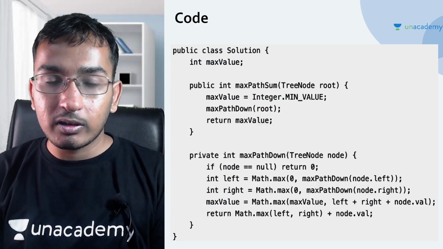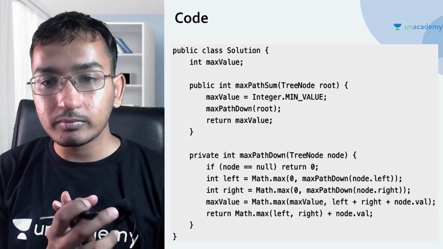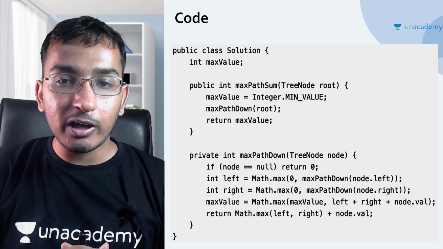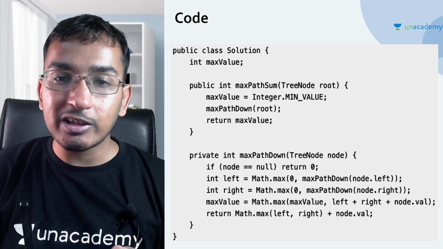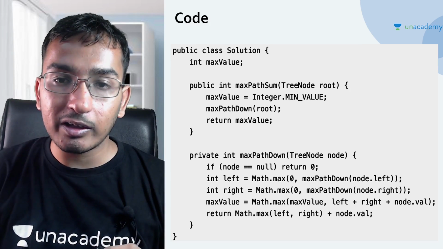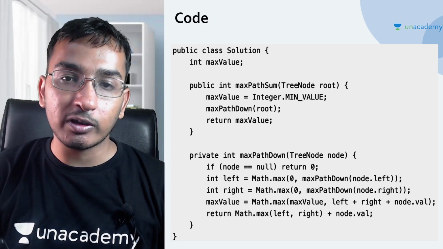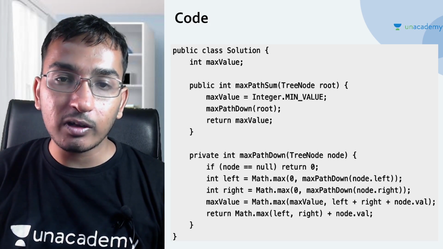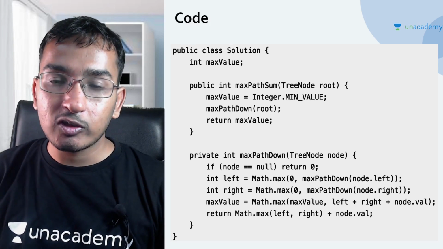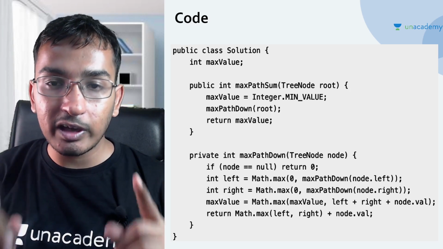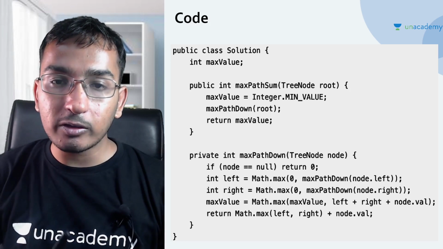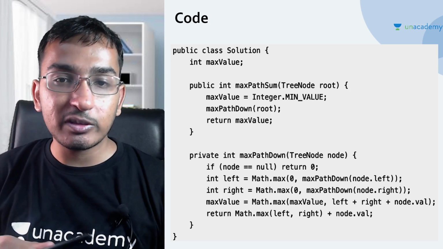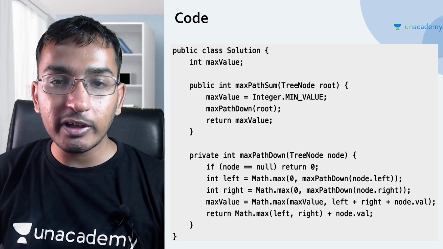So we have seen this problem now. I hope this makes sense, and what I want you guys to do is search for binary tree maximum path sum on Google. You can also find this problem on LeetCode. Submit it yourself first, before seeing this code. Then if you are not able to submit it, do the dry run.